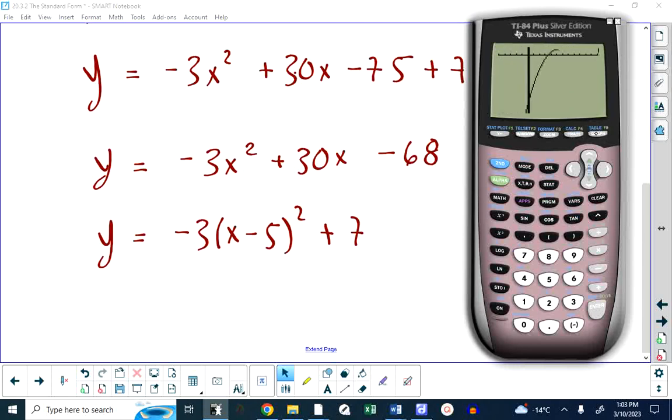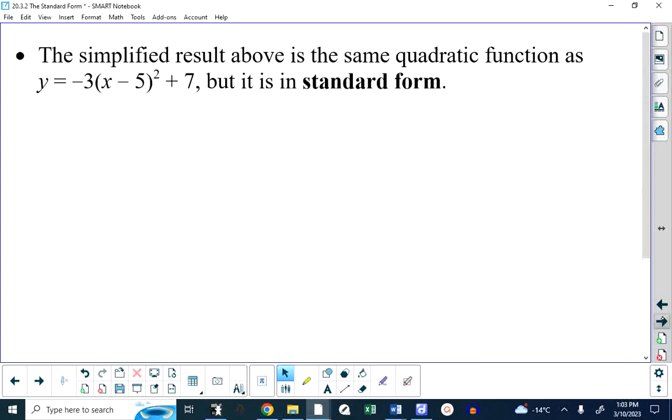So here comes the first graph. Now here comes the second. And you can see that it's riding along on top of the first. So they're the same thing. They mean the same thing. They're just written in different forms. And it turns out that that form that we found